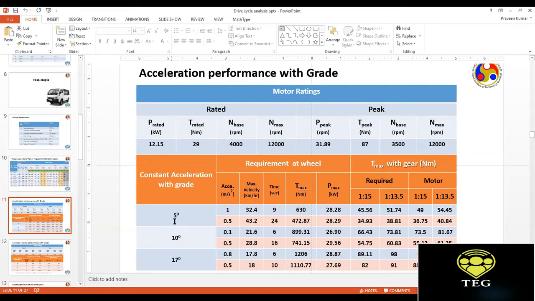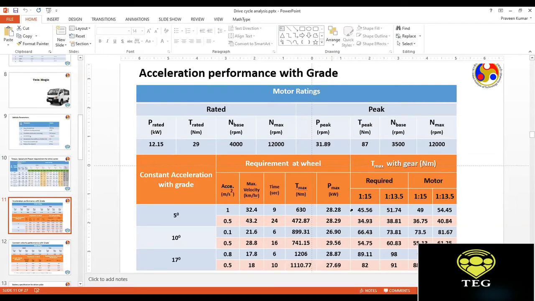Okay, so let's see here. For example, if you are going at a grade of 5 degrees, which is not a very steep inclination, and you want to maintain an acceleration of 1 meter per second square, and would like to reach the maximum speed of 32 kilometers per hour, or to be precise 32.4 kilometers per hour, in 9 seconds, then the maximum torque that you need at the wheels is 630 newton meter. And the maximum power that you would need at the wheels is